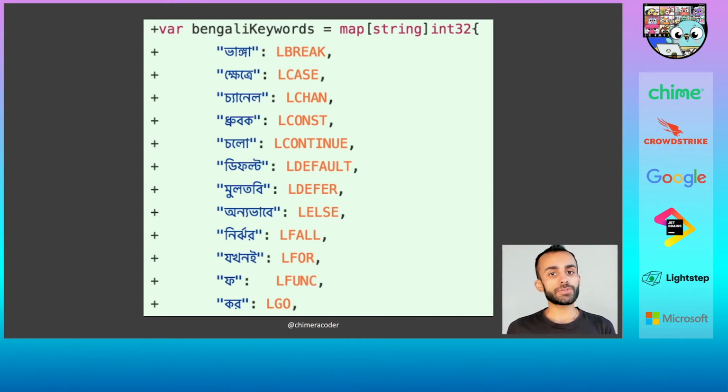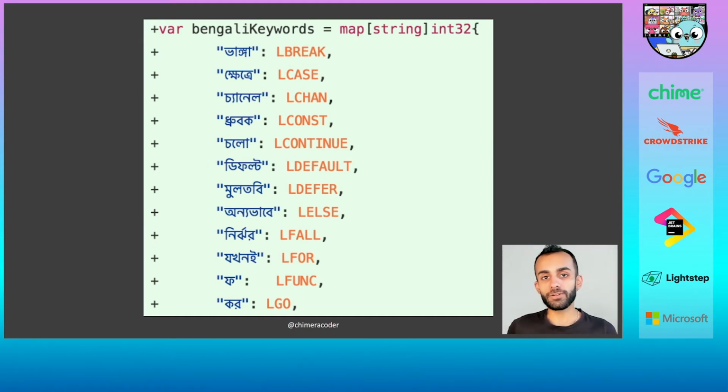Now, Go's source code is all UTF-8, so the compiler has no trouble dealing with non-ASCII characters in Go programs. And the Go compiler itself is written in Go, so the Go compiler is just a Go program. And that means that the Go compiler has no trouble dealing with non-ASCII keyword definitions. Now, there are a few internal checks that will ensure that non-Latin and non-alphabetic characters are excluded from keywords, but it turns out that you can just disable those without any issue. So all we have to do is extend the Lexer to handle the Bengali translations of each keyword.